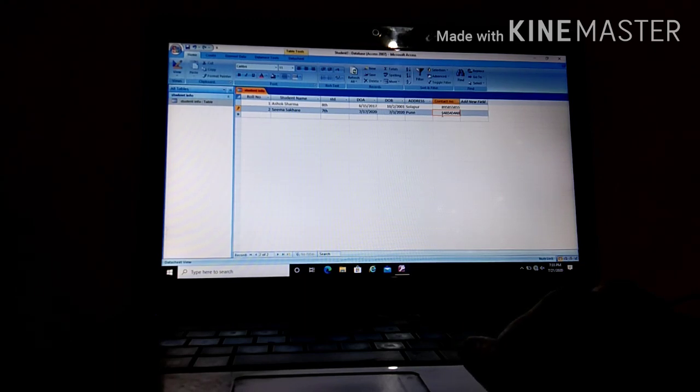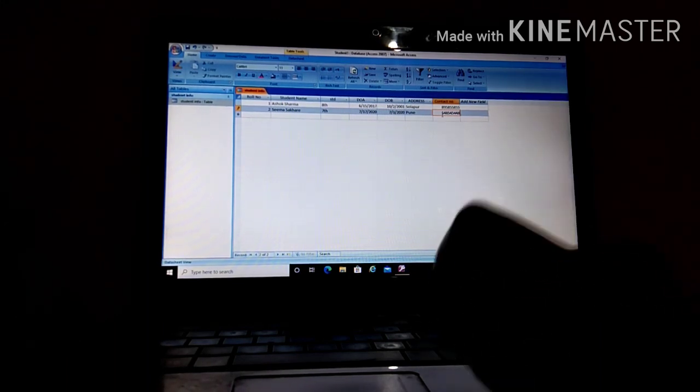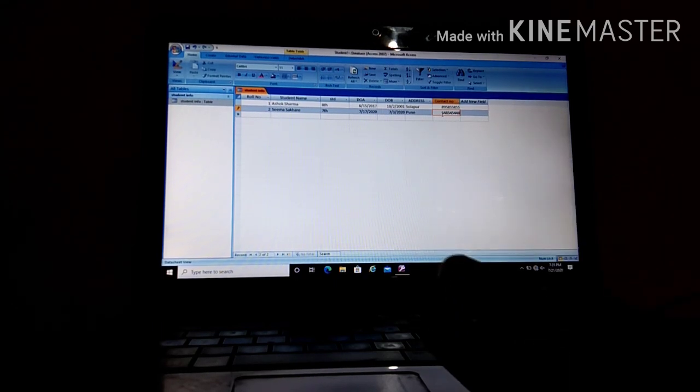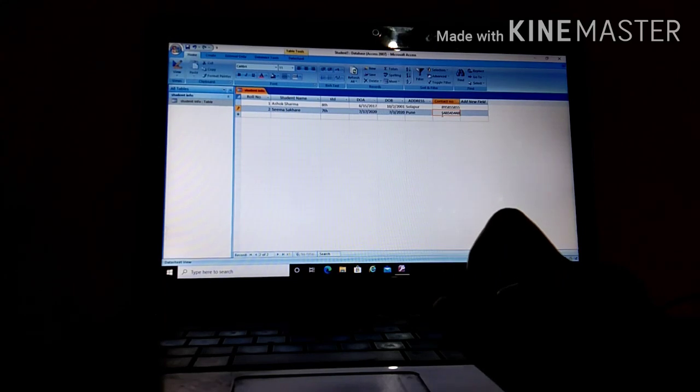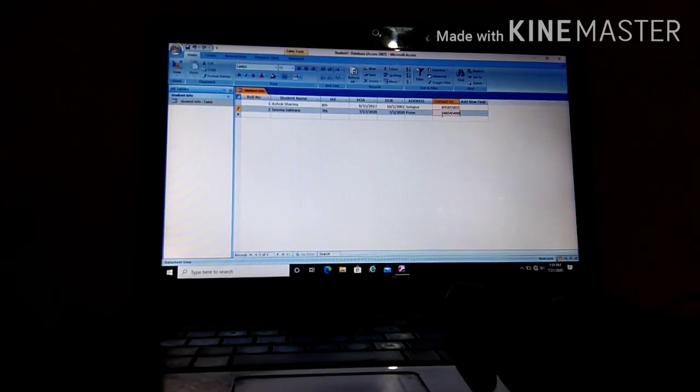Any problem in that? If you have any problem regarding creating a table in your database or any problem in creating any type of data, you can ask in your group. Okay, so till now we have understood how to create a Microsoft Access table and Microsoft database.